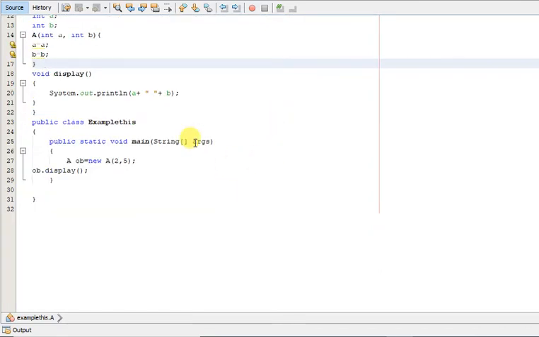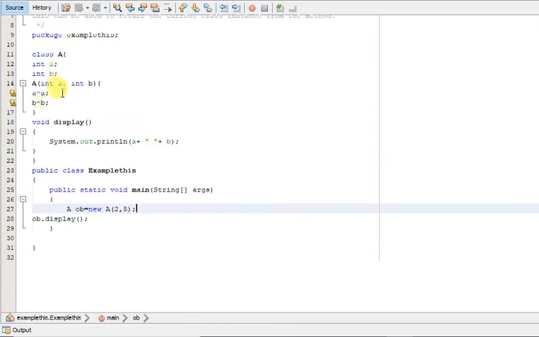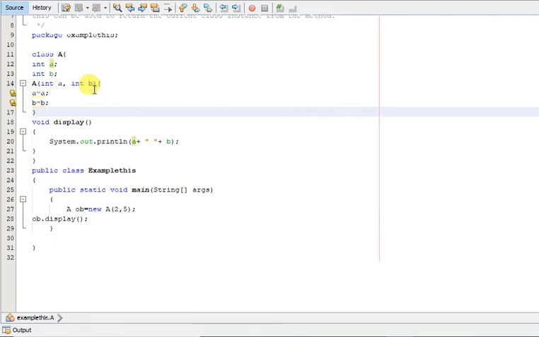So if I try to invoke this constructor by creating the object of this class, it will pass these values 2 and 5 to A and B, but since there is ambiguity, the names are the same, so this 2 will be assigned to the formal argument itself, and it will not be assigned to the instance variable, and the value of the instance variable will remain 0.